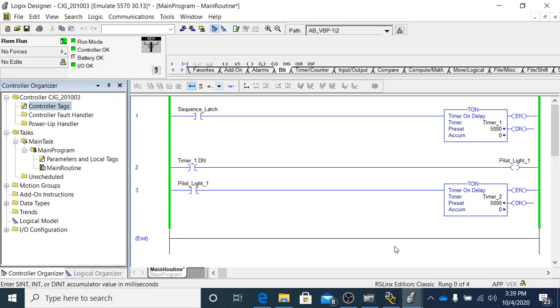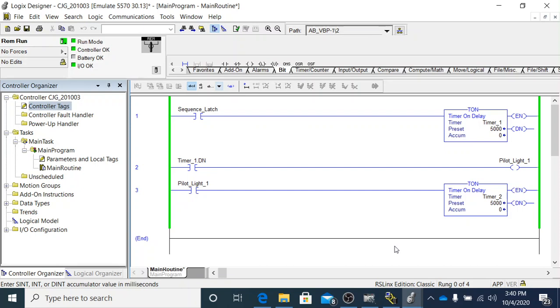And also, just keep this in mind, you would only use a timer in every rung if you wanted each light or each result to be adjustable to some extent. So sometimes you don't even require that, and you'll see this in later labs,